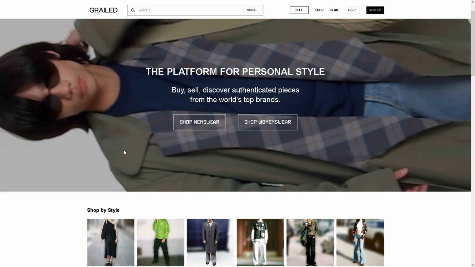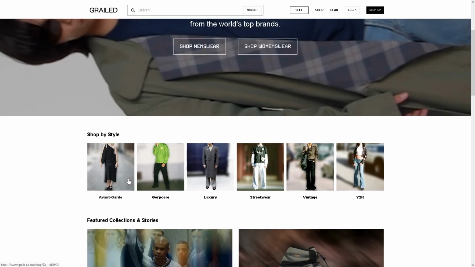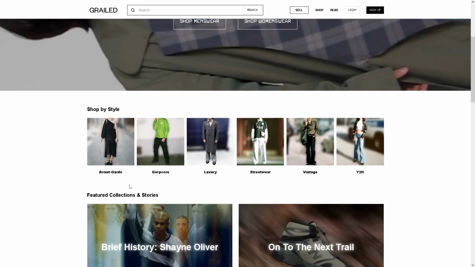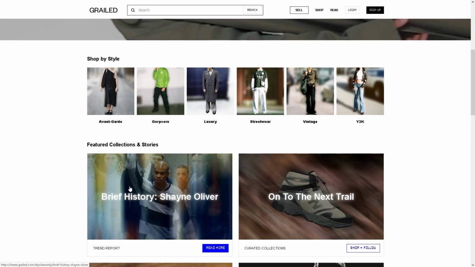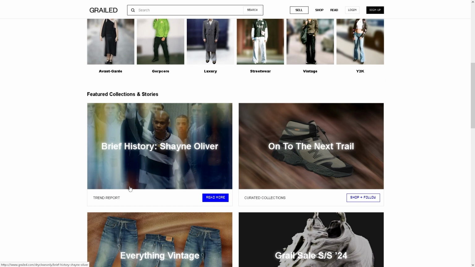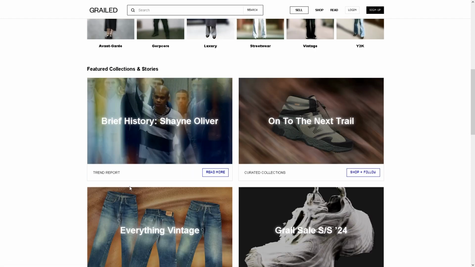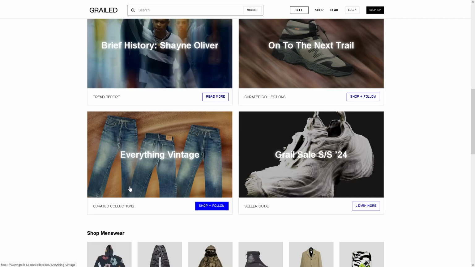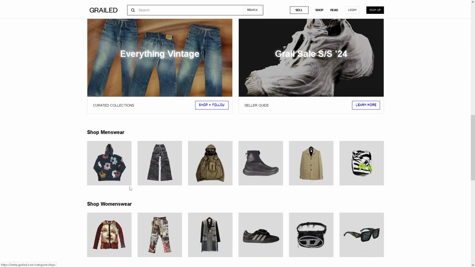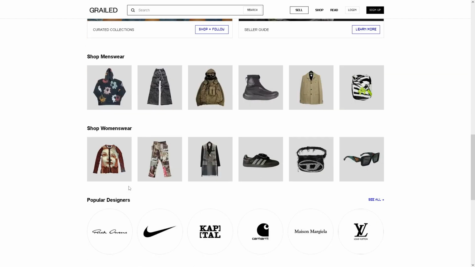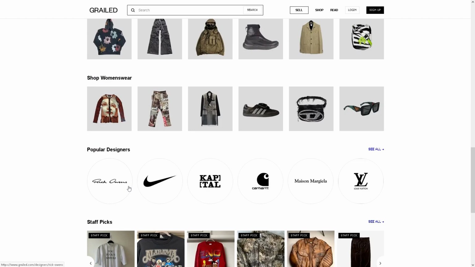Basically, it's an online marketplace focused on men's fashion, including streetwear, designer clothing, sneakers, and accessories. It's a platform where users can buy and sell both new and used items from various brands and designers. Now, the platform gained popularity for its niche focus on high-end and hard-to-find fashion items, as well as its community-driven approach, because users can create listings for items they want to sell, set their own prices, and interact with potential